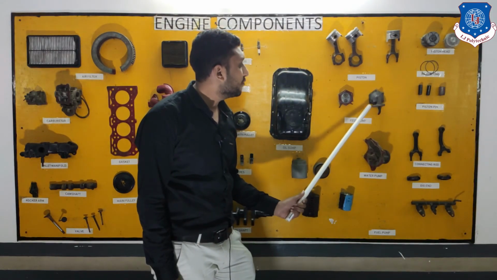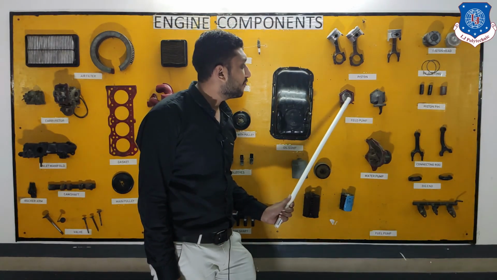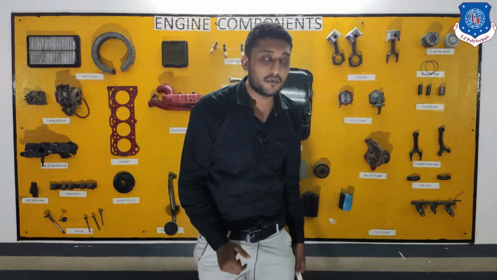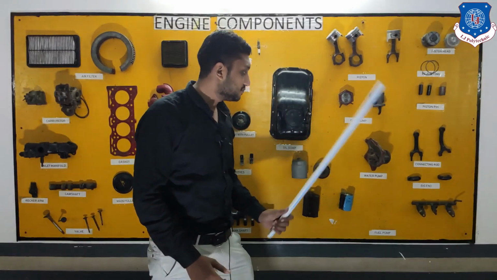Here you can see the fuel feed pump. This type of fuel feed pump is known as a mechanical fuel feed pump. In cars, as we know, there is a pressure feed fuel supply system. The fuel tank is provided at the rear of the vehicle and the engine is provided in the front of the vehicle. Now in order to pump the fuel from the fuel tank and send it to the combustion chamber, a fuel pump is needed.